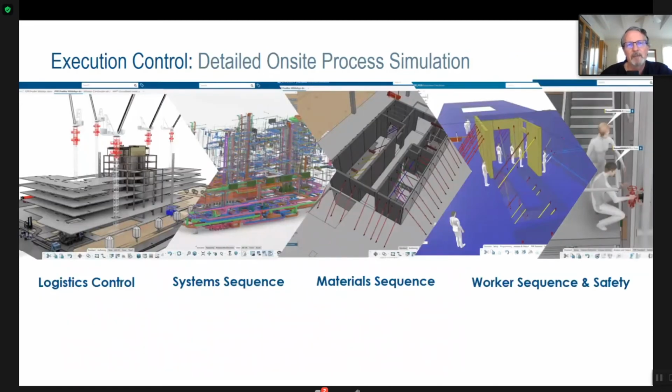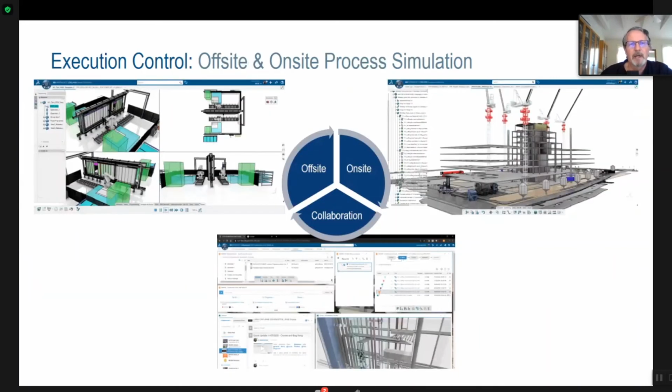So it's this balance between logistics, the systems, and the tools and equipment used to support systems in the field, and it's worker safety planning down to individual workers and ergonomics. You don't have this in Navisworks, you don't have it in Synchro or Vico, but that's the level you've got to get to, I think.